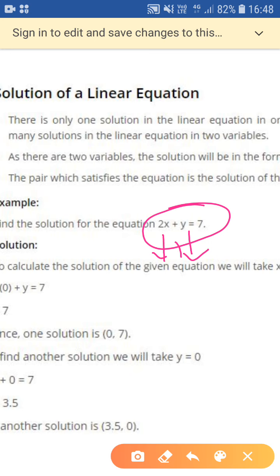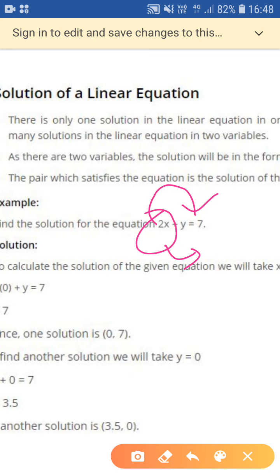So what we will do is place a value for the other variable, x, in 2x, and we can put any real number over here. We can start with 0. We can give values to x as 0, 1, 2, 3 and so on, as many solutions as we want, and corresponding to that we will get the solution for y also. So that ordered pair of x and y will become a solution of the linear equation in two variables.